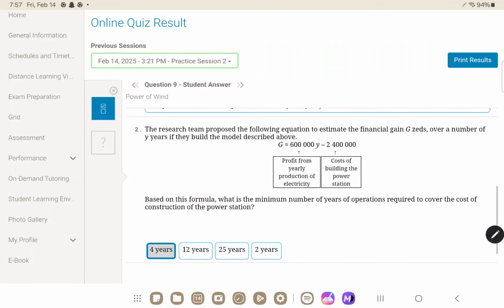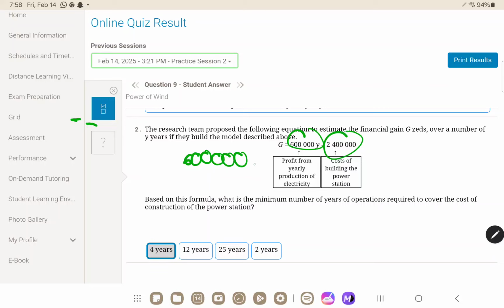next part. The research team proposed the following equation to estimate the financial gain G Zs over a number of Y years if they build the model described above. So G equals 600,000 Y minus 2,400,000. Based on this formula, what's the minimum number of years in operation required to cover the cost of construction? So this is how much it's producing and this is how much it took to build it. So